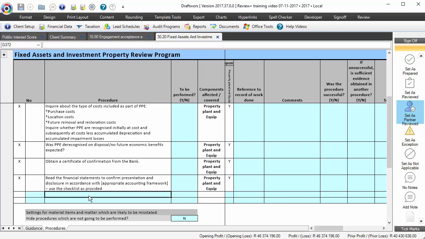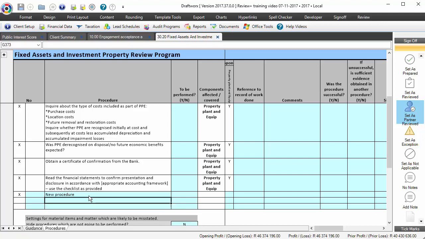If your firm doesn't like our procedures and would rather write your own, please get in touch with us and we can show you how to generate your own procedures template that can be applied to each one of your reviews. We can now go and design an additional procedure of our own